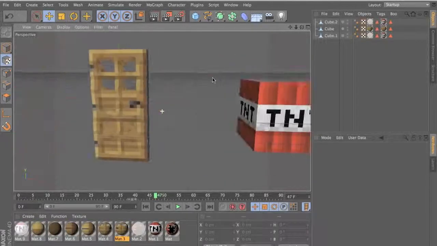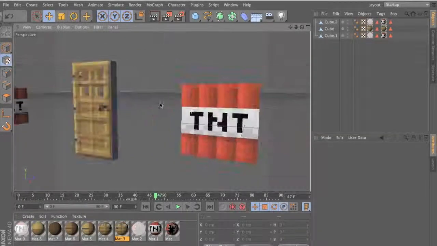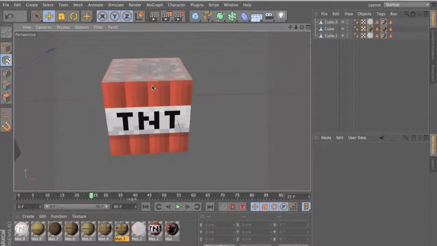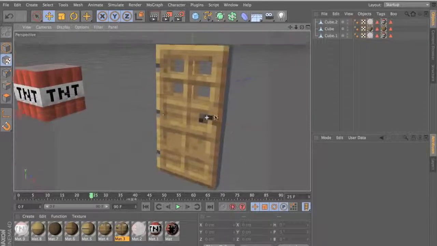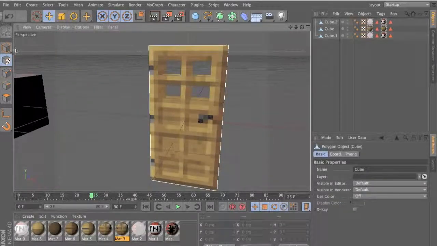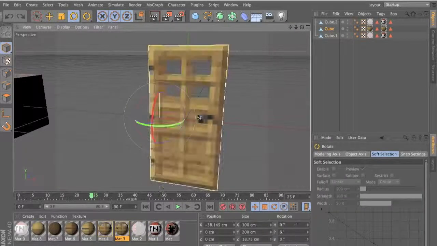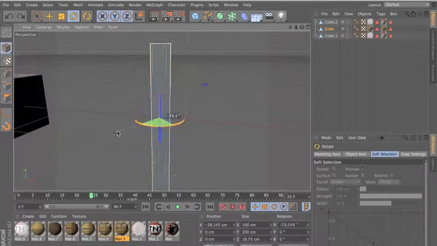Hello guys, I'm here with a small tutorial on how to make TNT flicker like this, and how to make a door turn on this axis. This tutorial is suggested by someone, so I'm making it so it'll rotate on this axis and the texture is